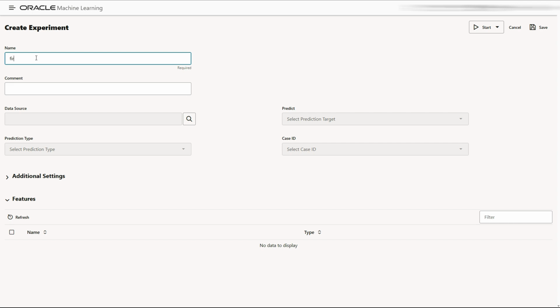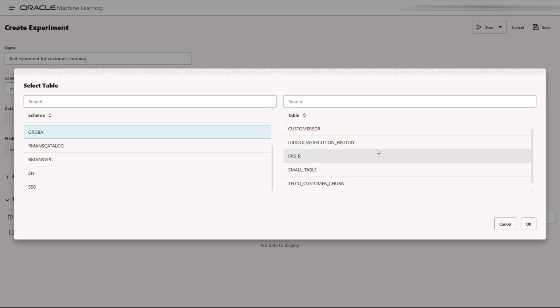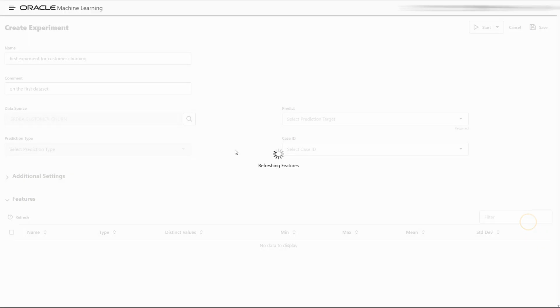Let's call it the first experiment for customer churning, on the first data set. Let's see the source. Customer churn is the first table, the first data set that we'll use. Then we will try the customer churn data set, and then the telco data.